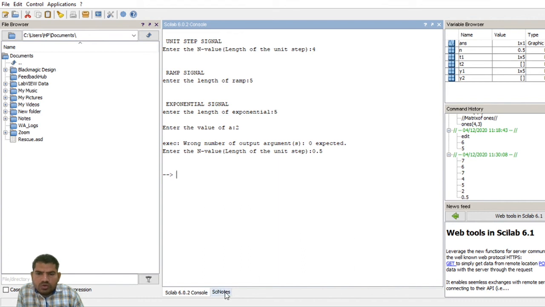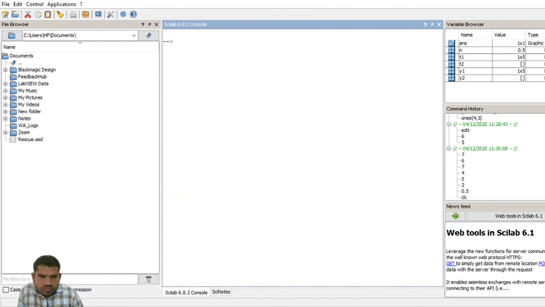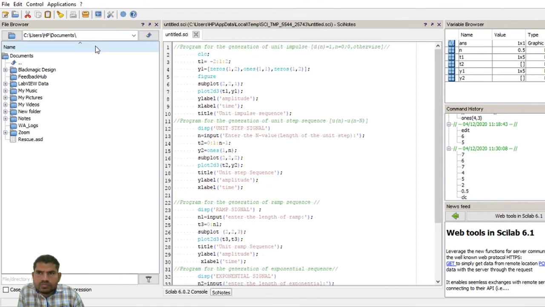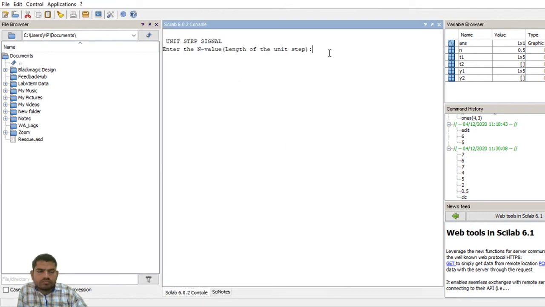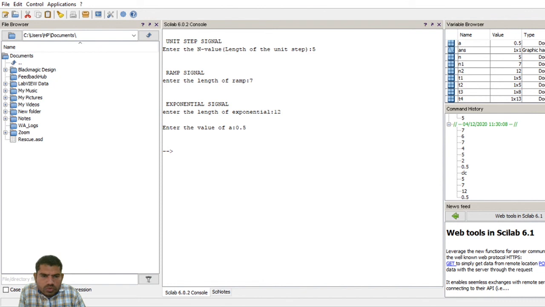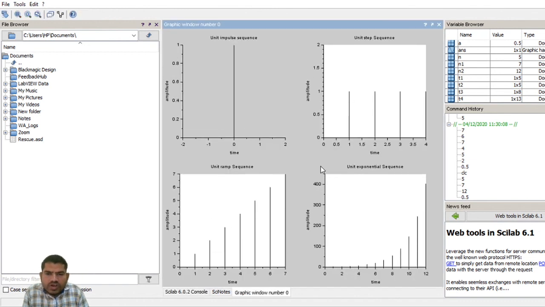Now I am getting one output. With the A value 0.5, now we are getting the output. Yes, this is the final output.